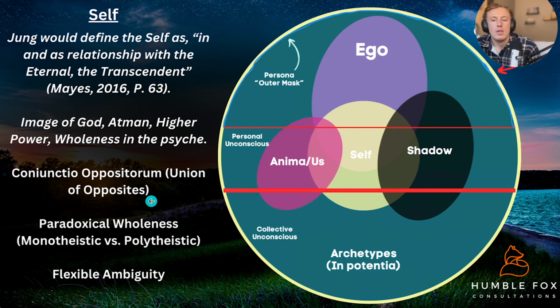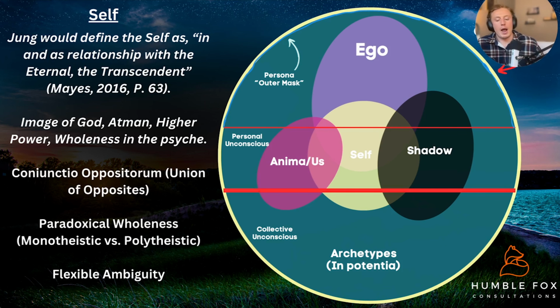And so the reason I wrote paradoxical wholeness here is because wholeness actually isn't how we would think of monotheistic wholeness, as in this one singular point. It's actually in a polytheistic sort of way of thinking, which comes to this idea of flexible ambiguity, meaning that